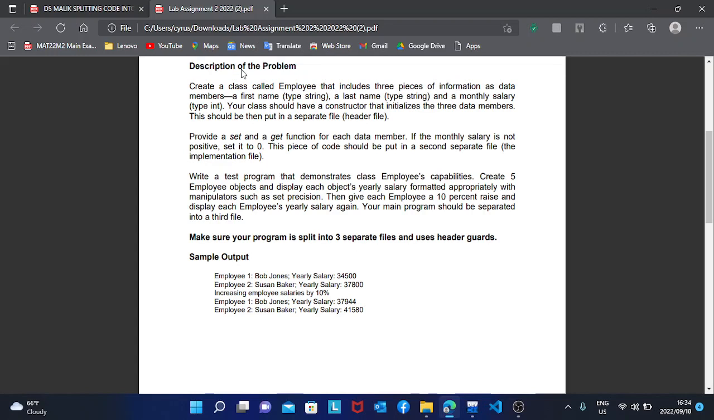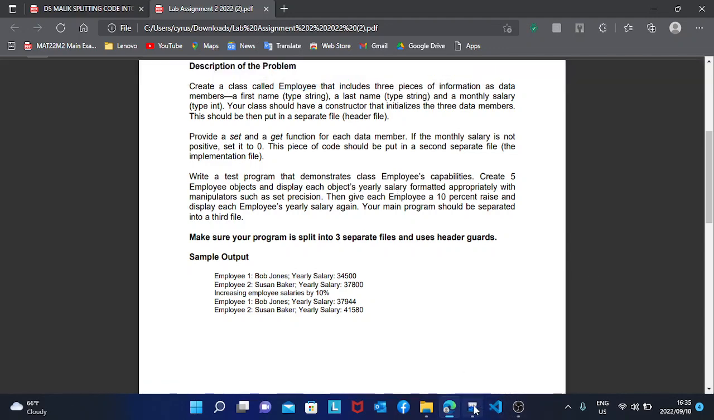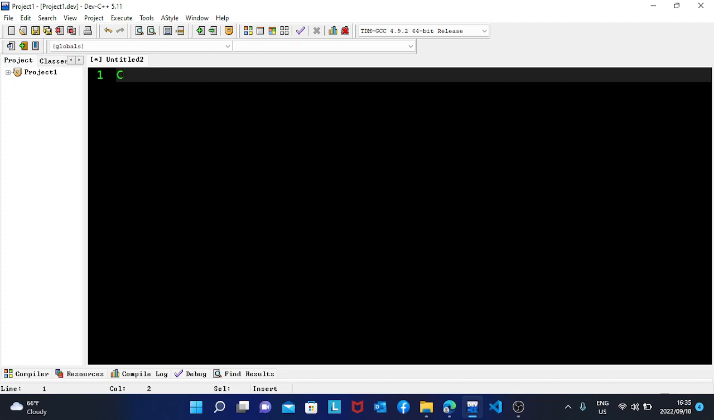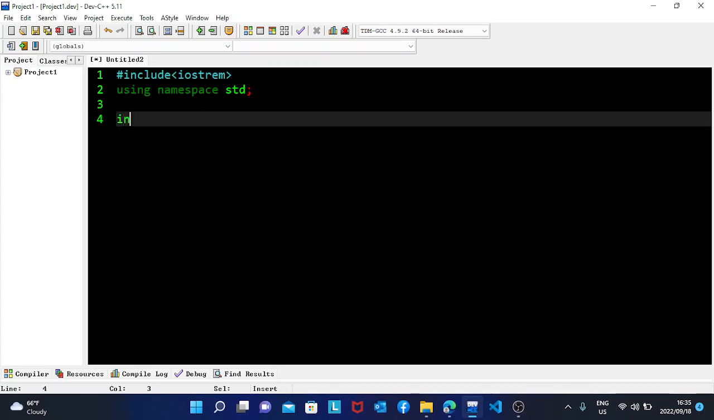The assignment says create a class employee that includes 3 pieces of information as data members. So you need to have a class called employee. First step, create your class. So, #include the input output stream header file, using namespace std, then int